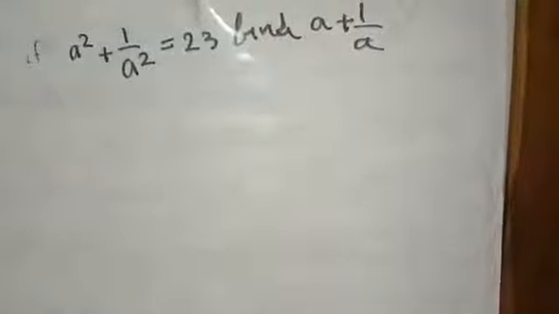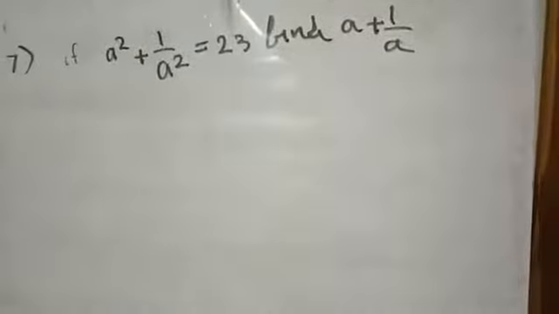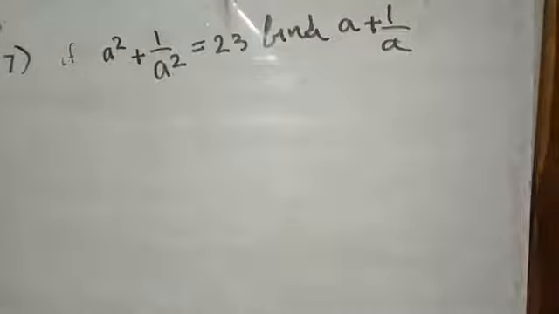Next, 7th question. Question number 7. If a square plus 1 by a square is 23, find a plus 1 by a. Just a reverse of the previous question. A square plus 1 by a square is given as 23. Find a plus